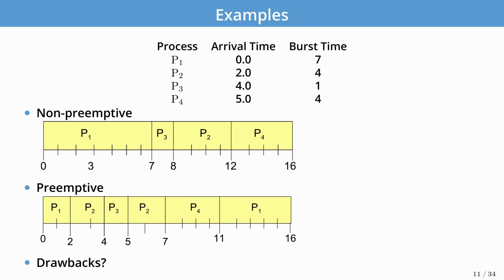So let's look at a couple examples here. We have on top a table, process 1, 2, 3, and 4. They arrived at different times, 0, 2, 4, and 5. And we know the rough burst time for each of these processes. In a non-preemptive scheme, we would first start off by running P1 because there's no other task to run at